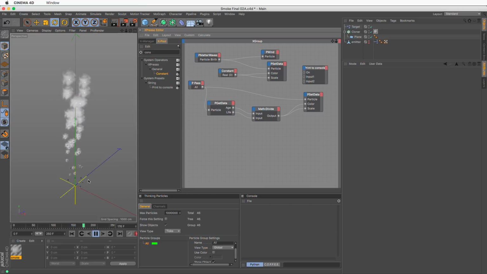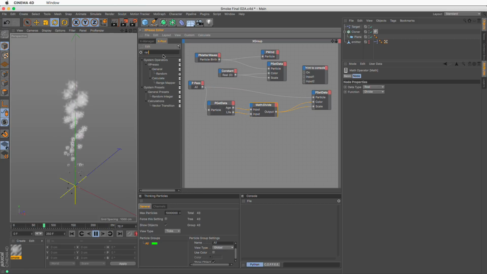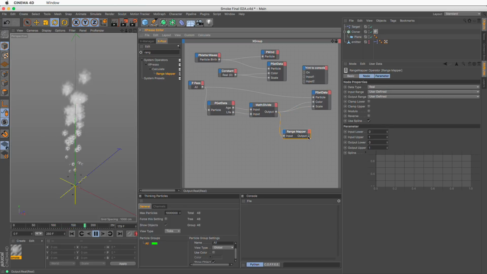Now there's one little problem here, that I want to control the size of the initial puff and the size of the final puff, and currently it's from 0 to 1. The easiest way to do this is to create a range mapper. So range, put it here, and I'm just going to put the output here, and instead of driving the scale directly, I'm going to drive it through the range mapper.